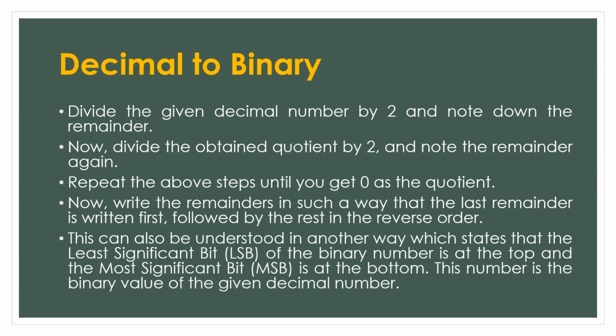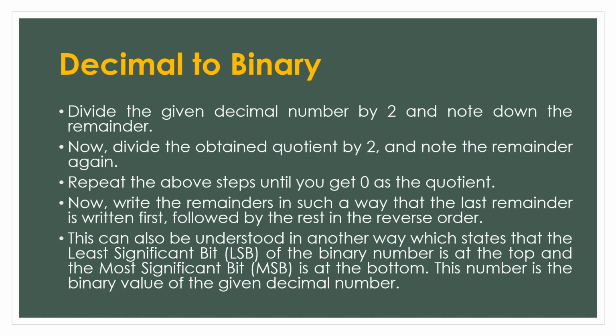To convert from decimal to binary, we follow the following steps. We divide the given decimal number by 2 and note down the remainder. Now, divide the obtained quotient by 2, and note the remainder again. Repeat the above steps until you get 0 as the quotient. Now, write the remainders in such a way that the last remainder is written first, followed by the rest in